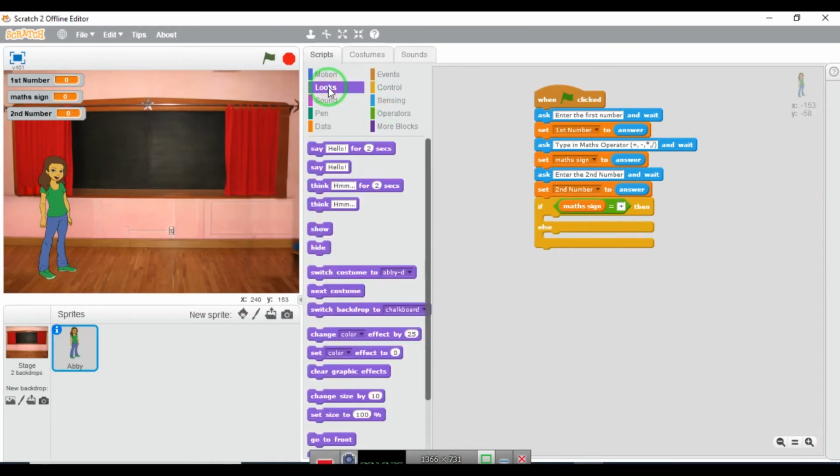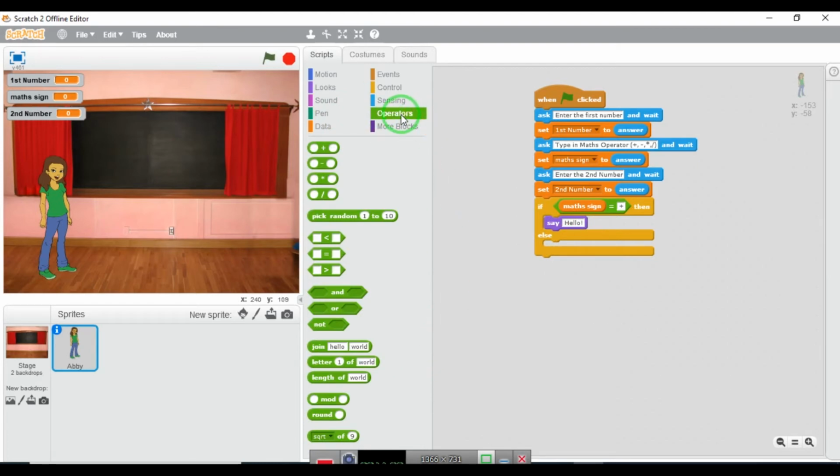We'll go to looks block and bring out say just inside here. Can you see that? Then inside this say, we'll place another code inside. Then we'll get the code from operators blocks. So under the operators blocks, we'll bring out join and place it right inside. So it's going to say join right here. We'll click inside and type your answer is,